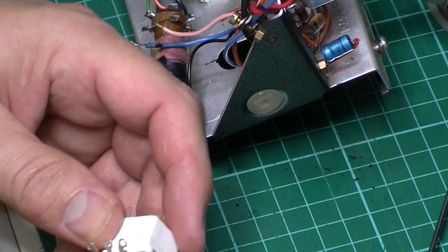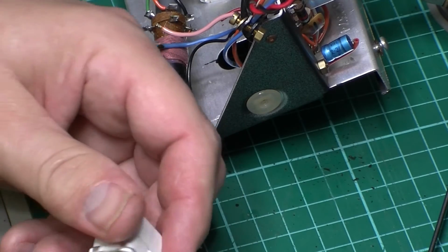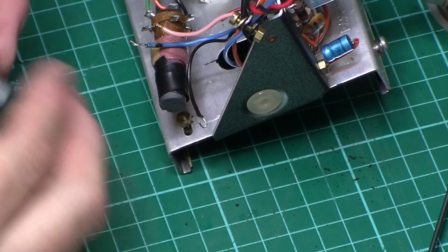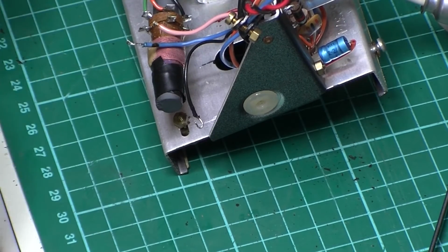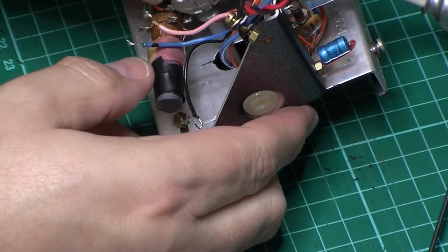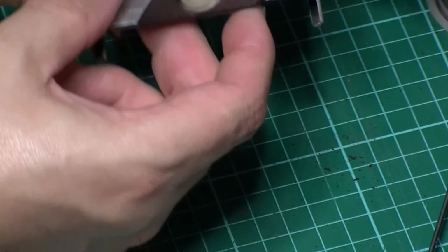I mean, it should fit in the case, I hope. If not, I might have to do a bit more internet searching. Well, it fits in the hole. There's a bit of slack on it, but so